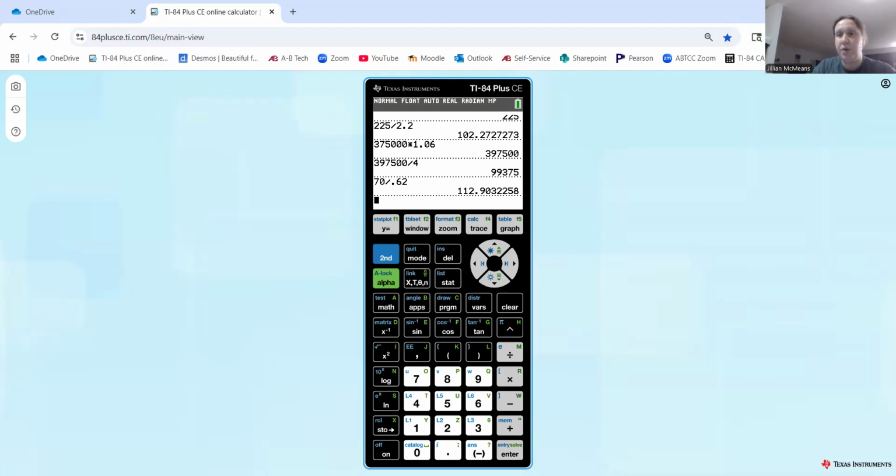So we've got 112.903, so we're going to put that on the next sheet, and then we'll do our rounding. Was that 112? I need to remind myself. 112.903, yes. So we get right here approximately